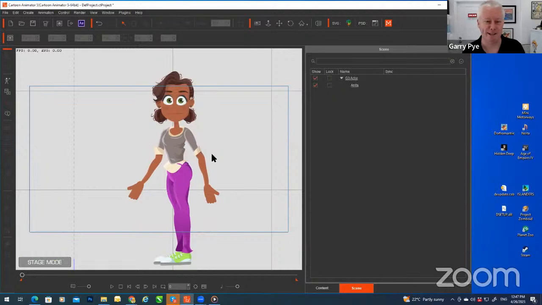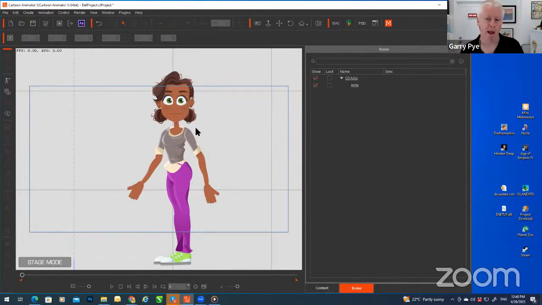Reallusion has created a system of characters that work on a cutout puppet system. And then they've gone out of their way to do everything possible to make sure that that puppet does not move in a stiff, rigid way, so that you can move that puppet so that it has a nice springy feel that gives it a more hand-drawn quality, okay? And that's with things like spring bones, which automate movement, and also freeform deformation. Freeform deformation takes the entire character and treats it as if it's rubber, so you can bend it and squash